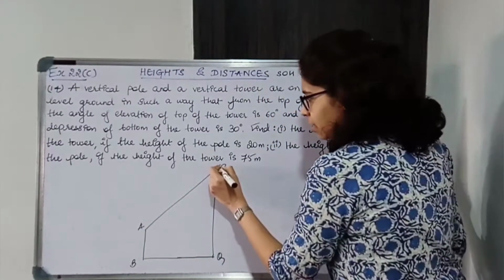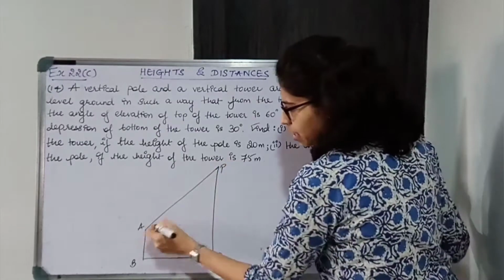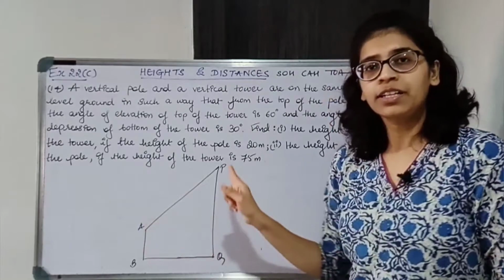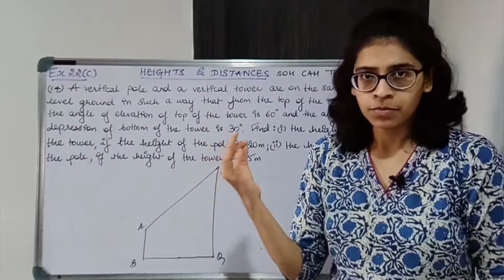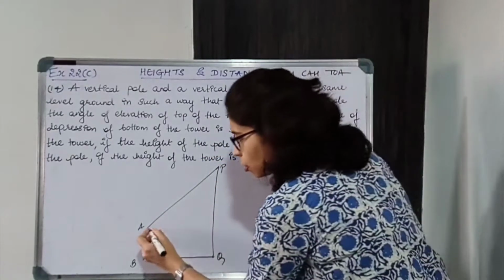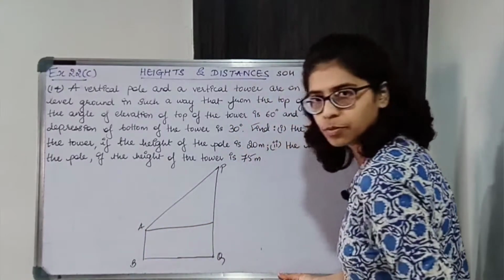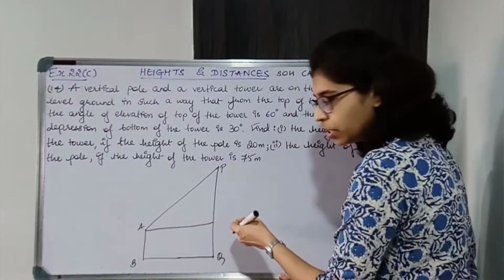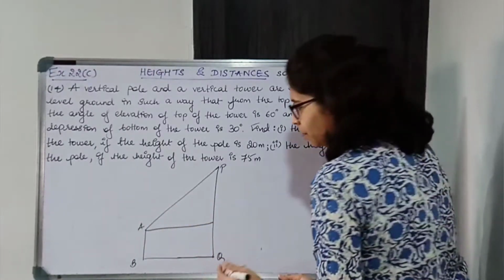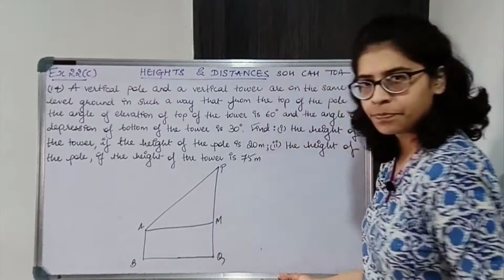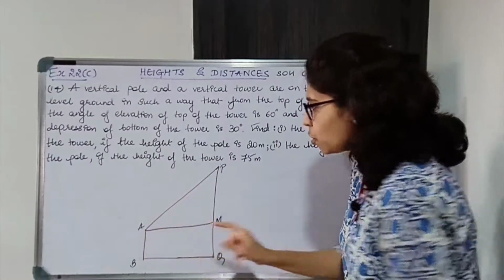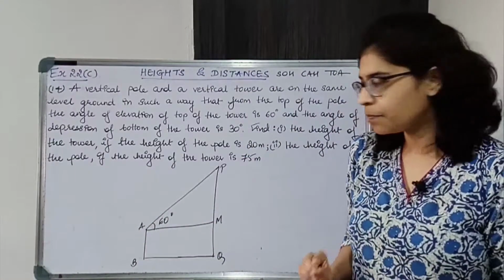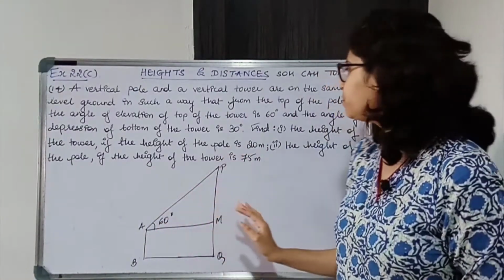So this will be the line of sight. Now this is the line of sight and the angle of elevation is given. The angle between the line of sight and the horizontal will be the angle of elevation. So we have to construct a horizontal. From the point from which you are observing, from that same point you will draw the horizontal. So draw the horizontal, that is the sleeping line. Let's name this point M. The angle between the line of sight and the horizontal is the angle of elevation. So this is the angle of elevation.